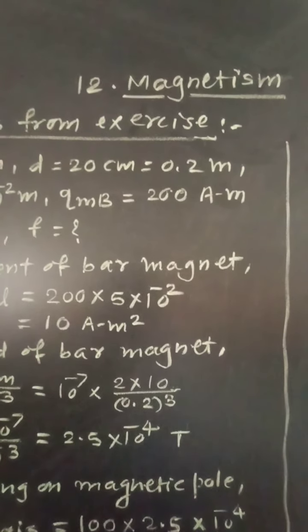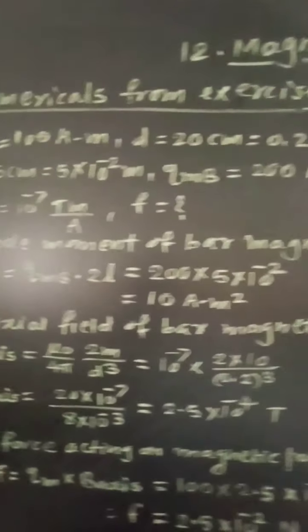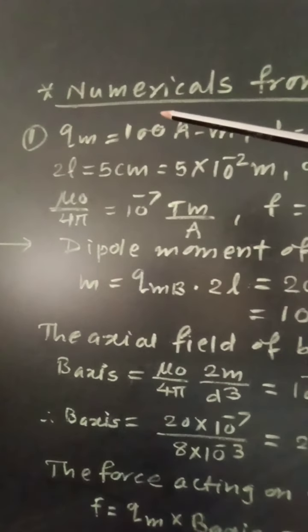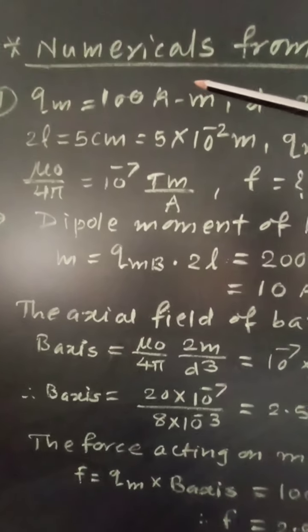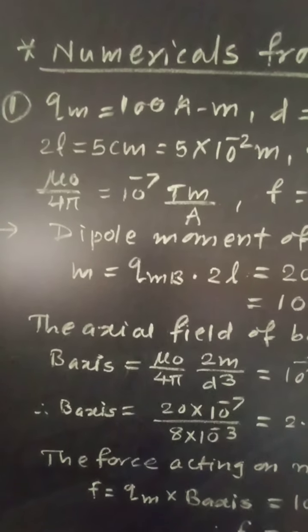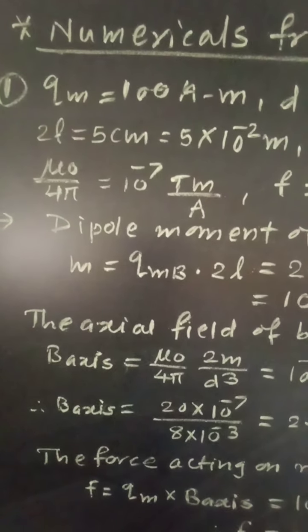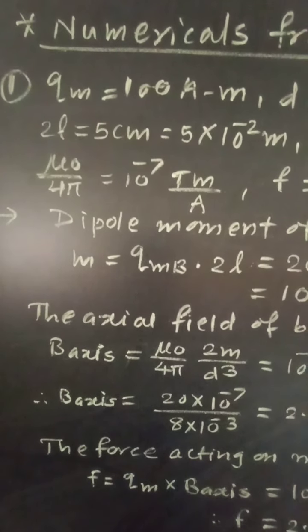Class 11th, subject physics, 12th chapter, magnetism. From the chapter, let us see numericals from exercise. The very first numerical is given as: a magnetic pole of pole strength 100 ampere meter is